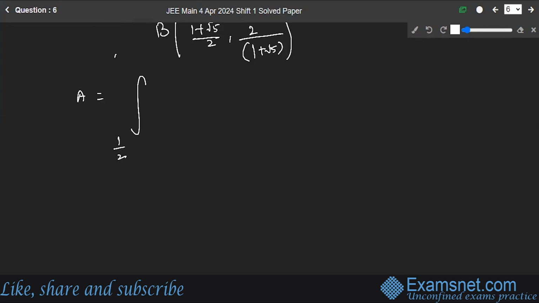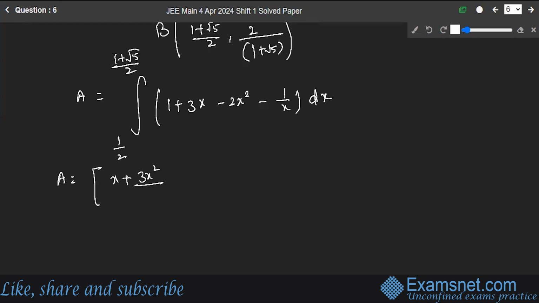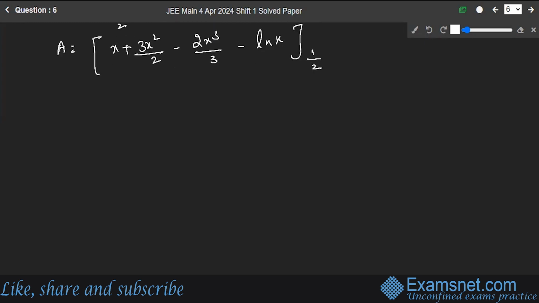integral of 1 by 2 to this, and this is equal to this equation, right? So that means the area will be equal to, I'm integrating, x plus 3x squared upon 2 minus 2x cubed upon 3 minus log of x, from 1 by 2 to (1 plus root 5) by 2. So this is equal to (1 plus root 5) by 2 plus 3 by 2,